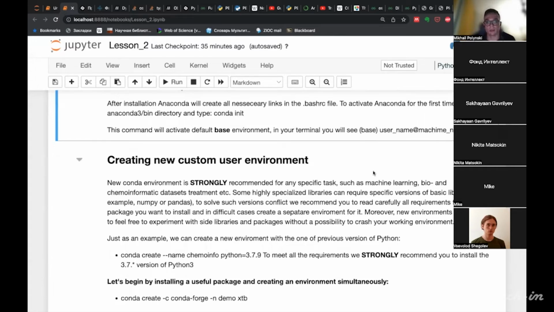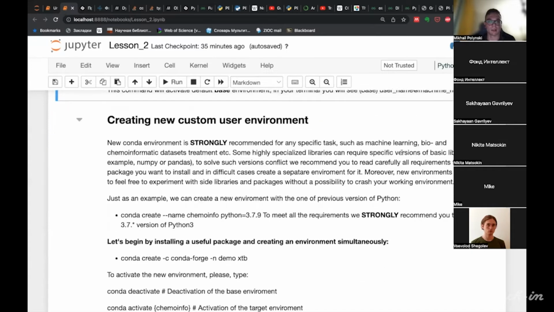Here we need to discuss creating Anaconda environments and installing programs, so you can have all the libraries you are going to use on your personal computer or notebook.